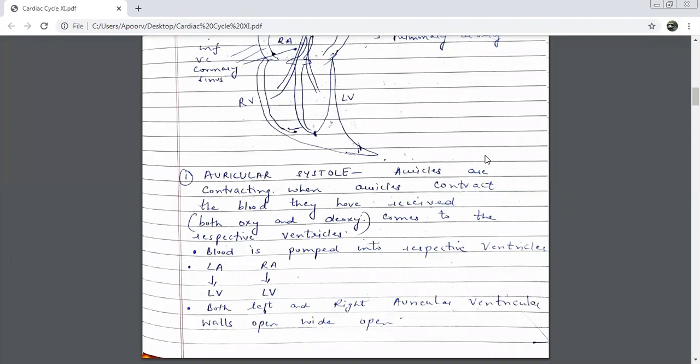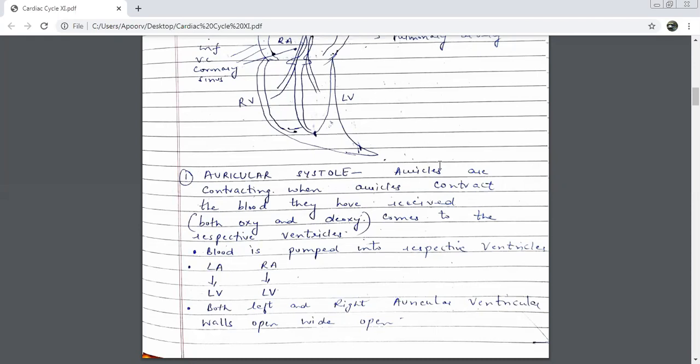If you want to study the cardiac cycle, you can start from anywhere. Why? Because it is a cycle. From wherever you start, you will reach back to that same place. But just to make our study convenient, we generally start with the auricular systole. But if you want, you can start with ventricular systole also. You will go to the next step, and the next, and then come back to the same step. So don't worry, you can start from anywhere, but it will always be easier to do it in steps and to start from the auricular systole phase.